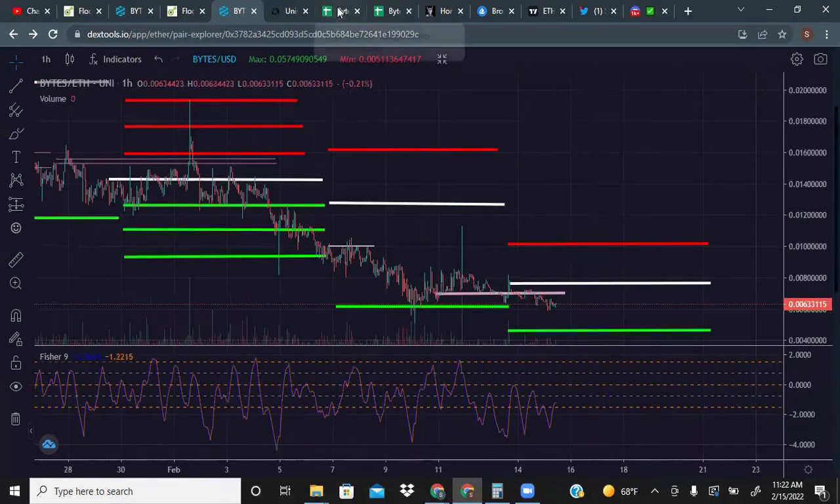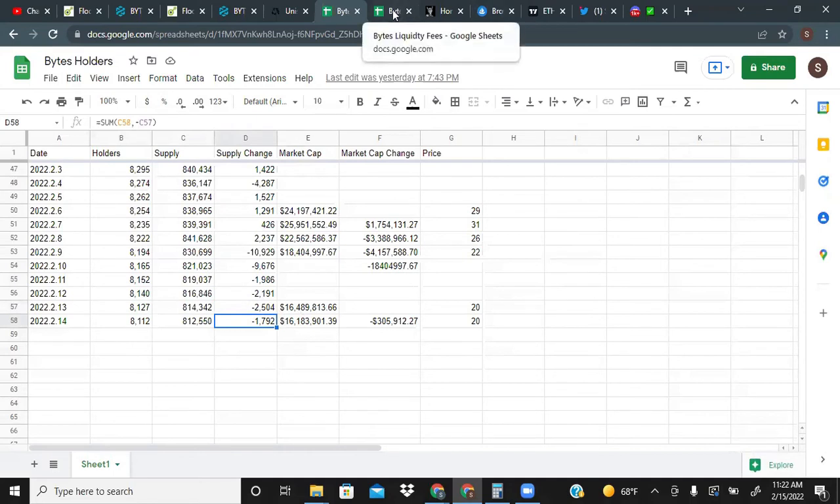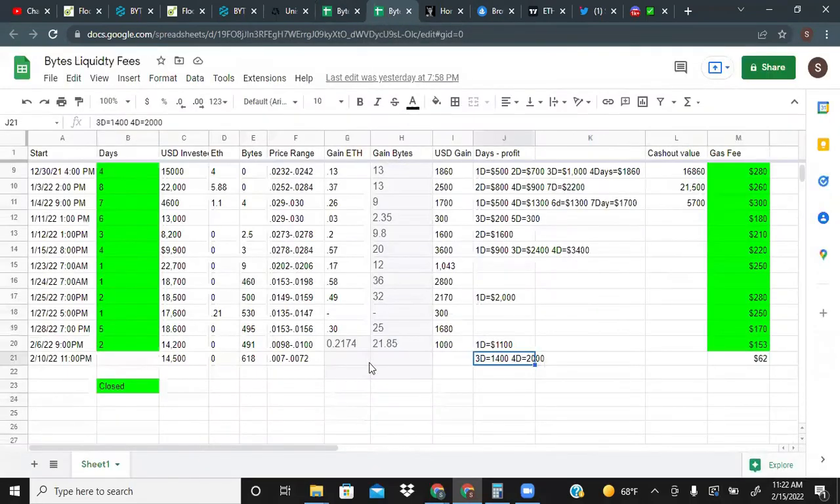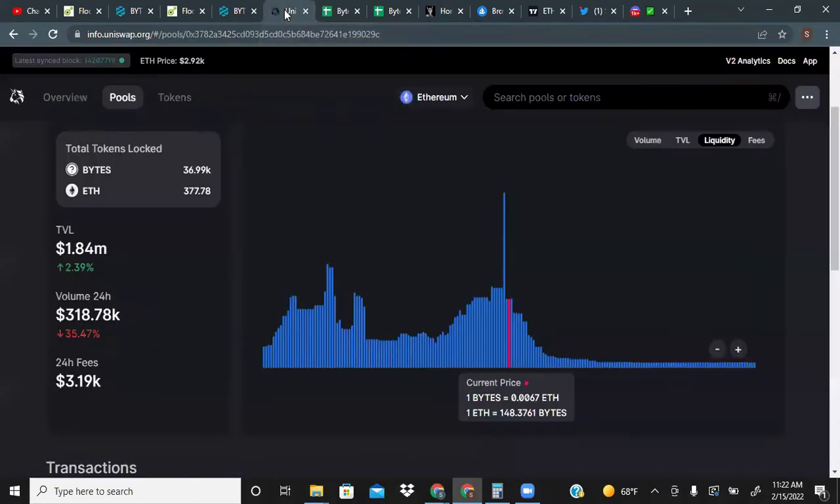All right, so quickly, I'm just going to go over what happened over the last day. We're starting to move down some more on the holders. There are more Bytes being burnt to accumulate land NFTs. And I already showed you my position here. So that's about it. So let's get into something I wanted to talk about, which is just basically how to